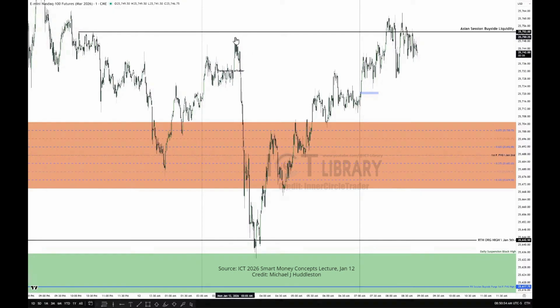So if it's going to take out that high, it's definitely going to come back up here and sweep that out. And it's a relative equal high because of the definition I give it, which is it gives you a run to a level, it falls short of it, and then it gives you this little red herring run. And I love that because they're so easy to see, very simple little runs like this. Bread and butter setup in here.